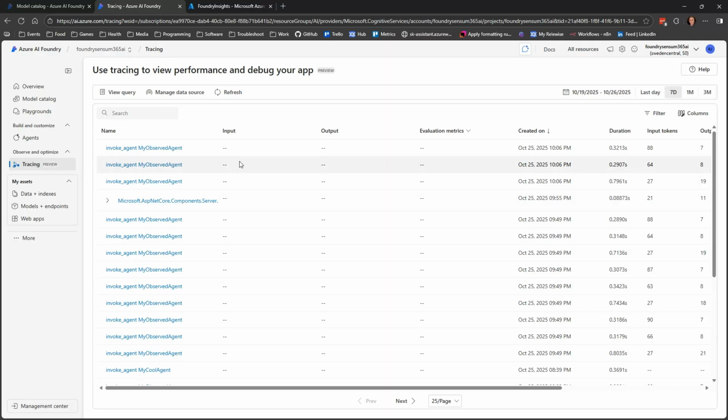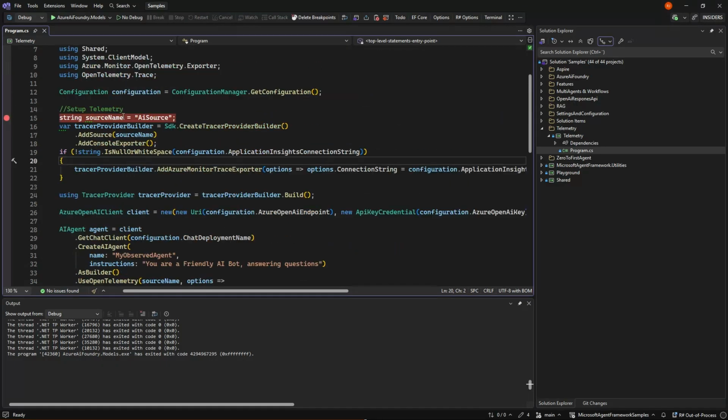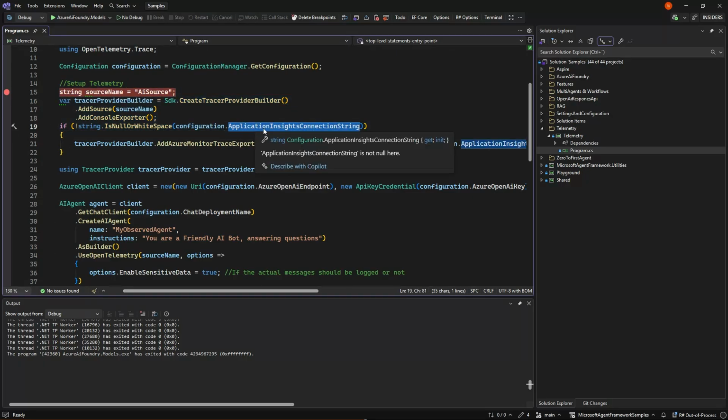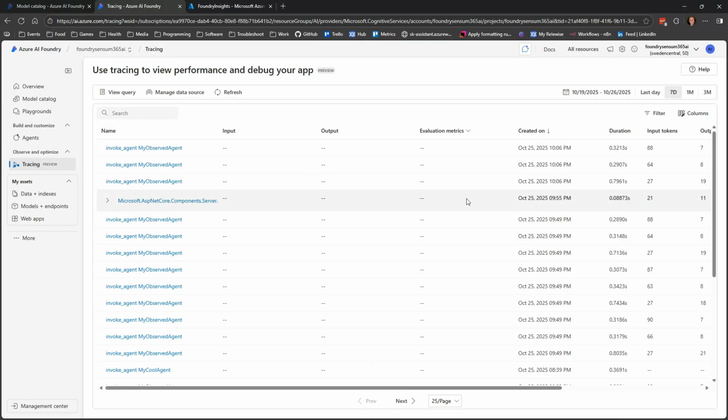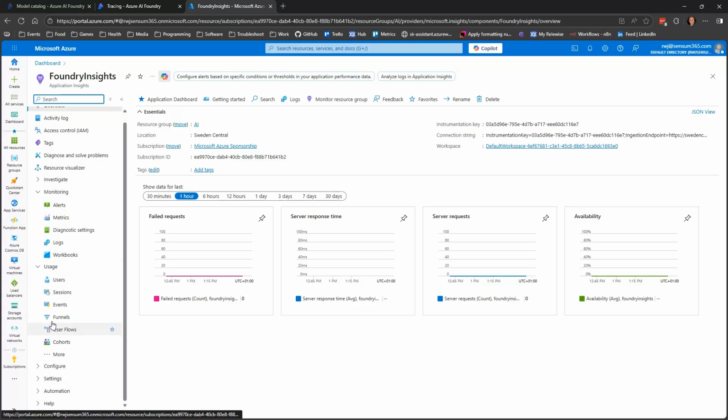And that's normal OpenTelemetry. So if we look in the sample for telemetry here, the only thing we did was we added our telemetry, and at one point we added an Application Insights. So if that Application Insights connection string is the same as here, it will go in, and it will take up to 5 minutes before we can begin and see those traces up here. But what we get is an overview, so we don't need to go in here and build that overview ourselves, because Foundry or Application Insights here doesn't really have any out-of-the-box showing of GenAI telemetry.